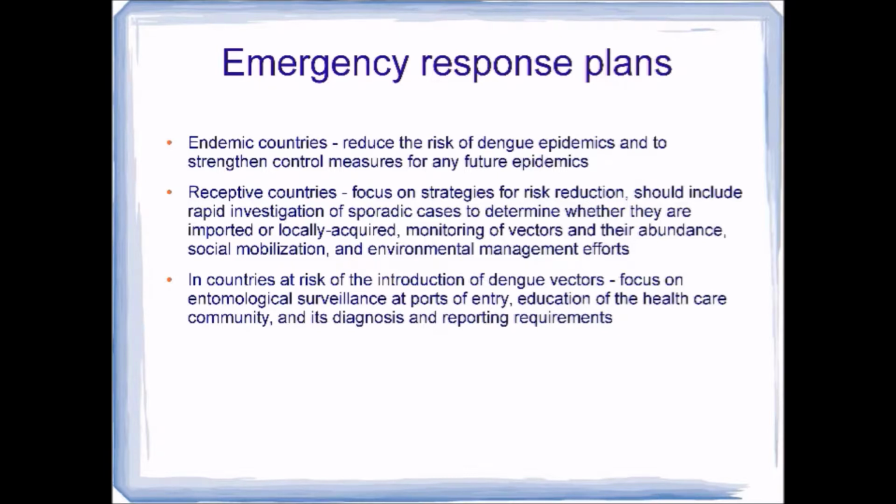On the other hand, for the receptive countries, which are the countries where the dengue vectors are present without circulating virus, the focus is on strategies for risk reduction. These should include rapid investigation of sporadic cases, to determine whether they are imported or locally acquired, monitoring of vectors and their abundance, social mobilization, and environmental management efforts. Once a locally acquired case is confirmed, the response may be escalated to epidemic response, to prevent further spread and/or